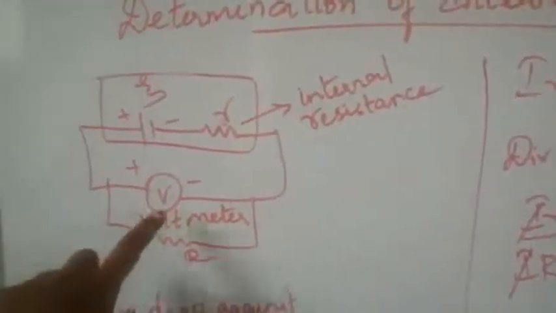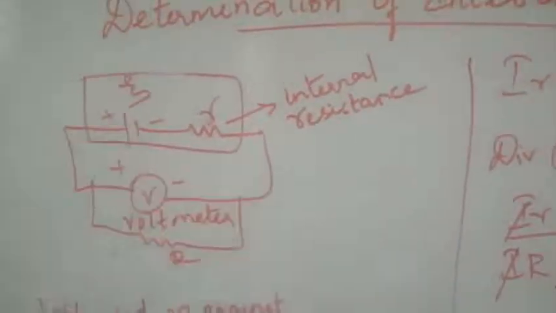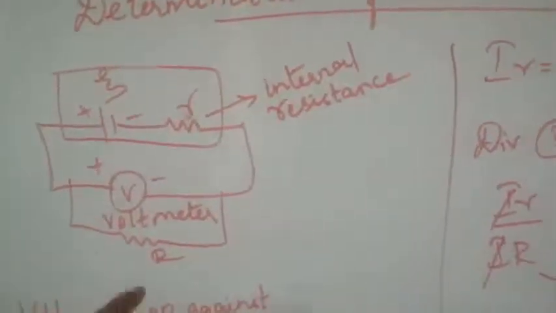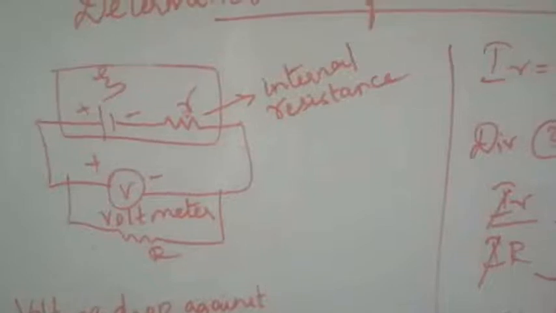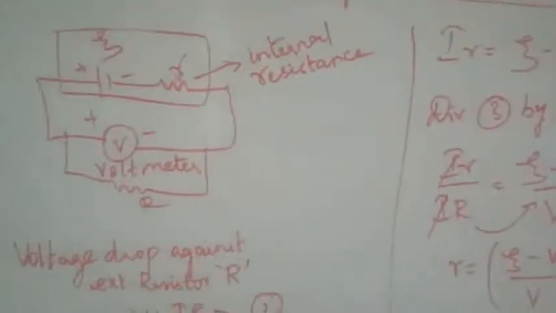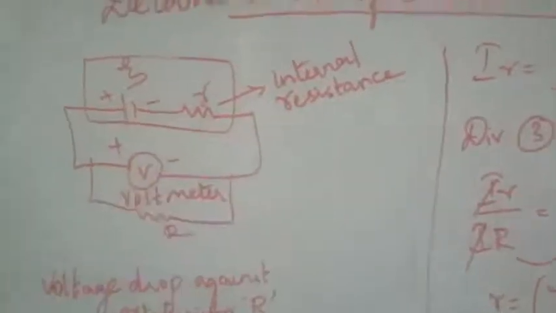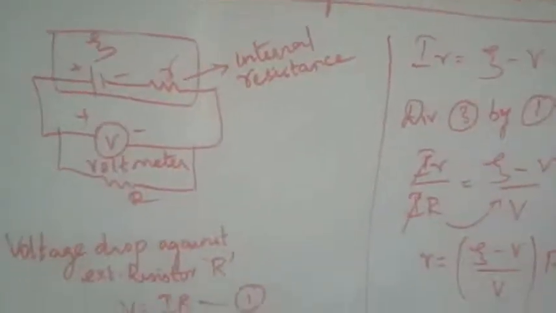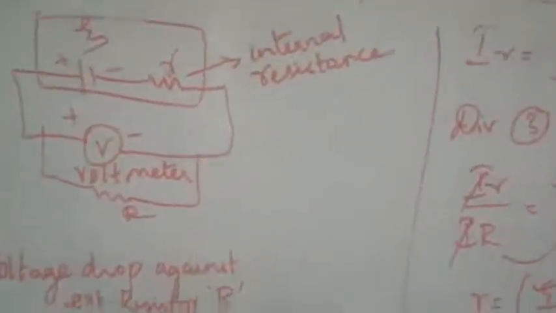So now when you connect the voltmeter to the battery, the voltmeter reading is nothing but the EMF of the battery. The voltmeter will take a very small amount of current for its deflection also. So this EMF is determined by the voltmeter, and we know that the battery will have some internal resistance, which is given by the symbol r. As it is a resistance, it is drawn as a resistor symbol here. When you connect in such a way, you will get the EMF.